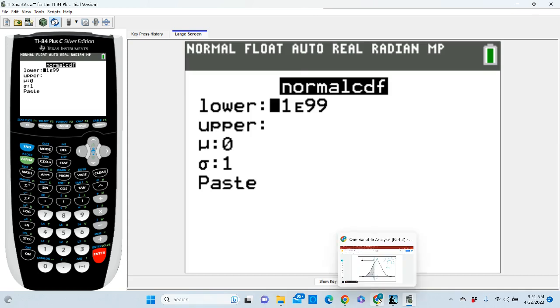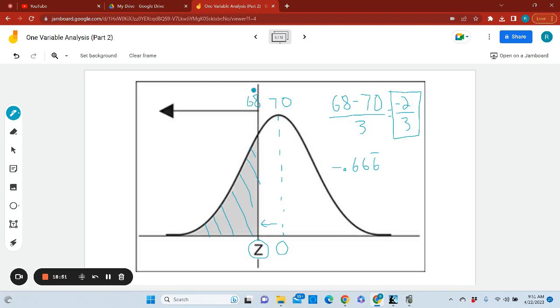All right, let's come back to our picture for a second, and let's talk about the ways that we could get the calculator to give us our percentile rank, because maybe I forgot to mention, but the area under the curve is going to be equivalent to your percentile rank, okay? So if I'm here in the distribution at this z-score, the area underneath the curve to the left of this point is going to be equivalent to the percentage of the distribution that I am larger than or equal to. And there's 2 ways I can ask the calculator to give me this area. First,